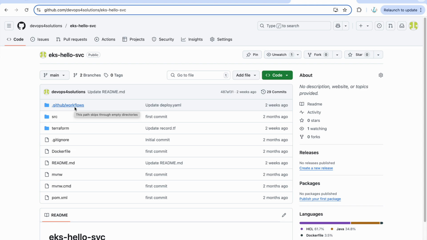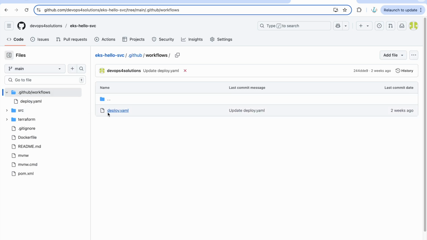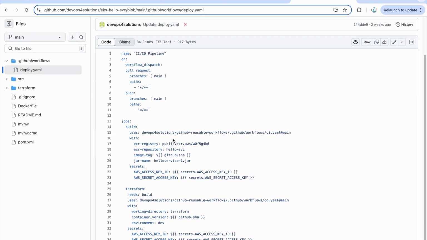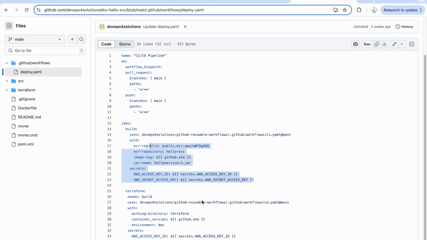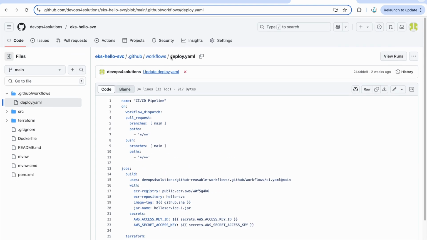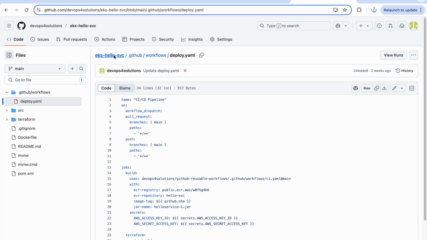You can have a CD process separate, but generally this is how it is, where your CI and CD are tightly coupled. Your GitHub workflow does the CI, and as soon as the CI is complete, it does the CD also. So we generally don't need any kind of triggering part. It automatically does the deployment.